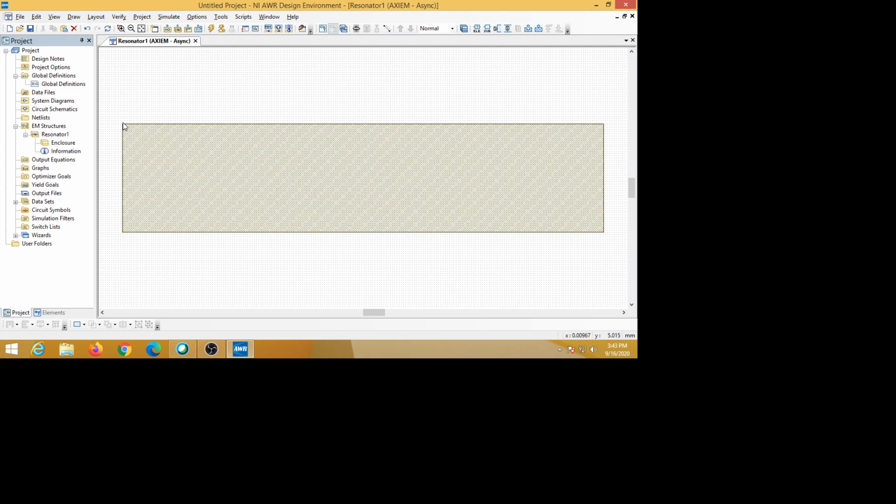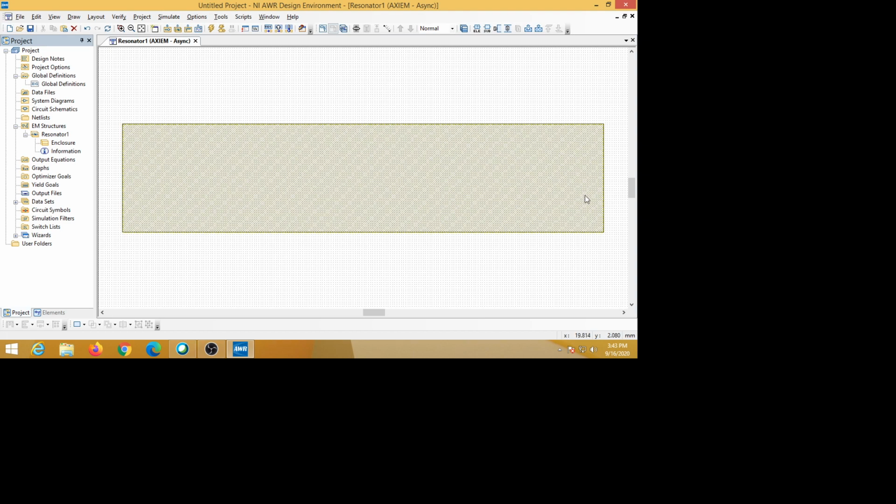Put the cursor exactly here and you will get 4.94. Dx means the length of our structure, 21.93, and the width of the resonator is